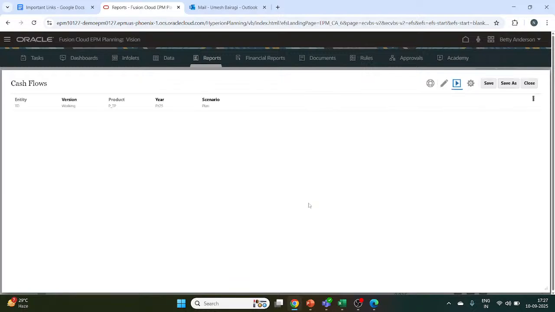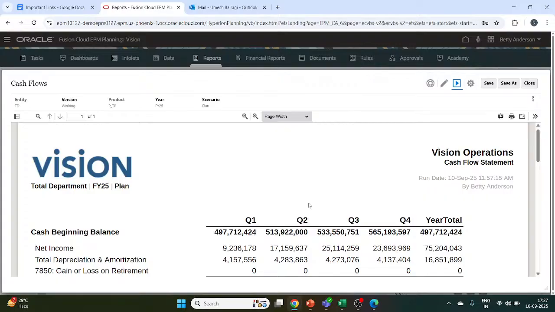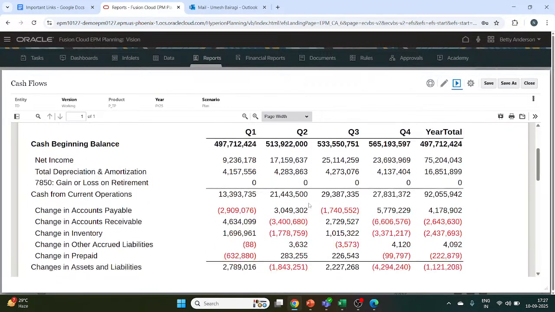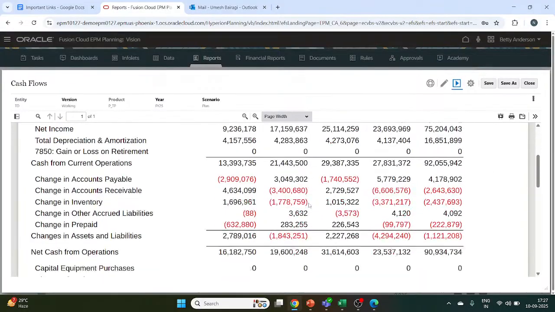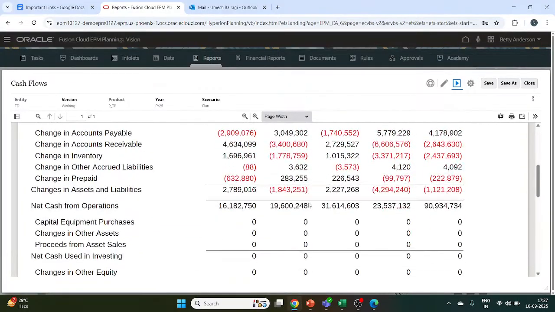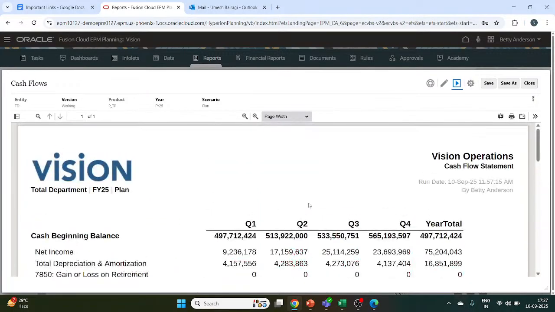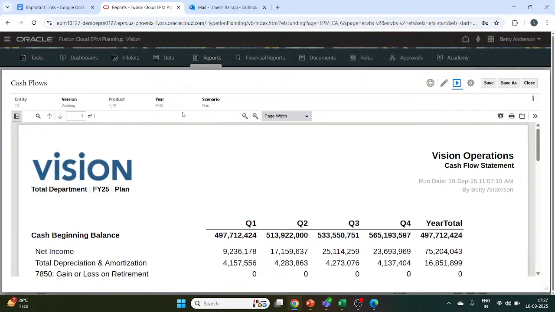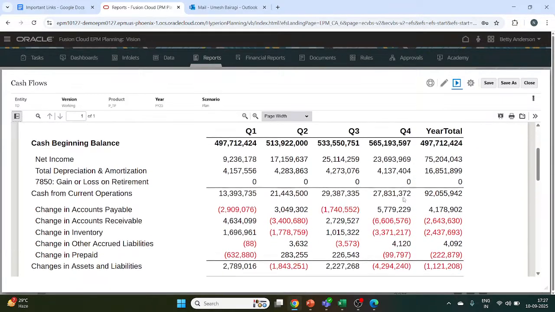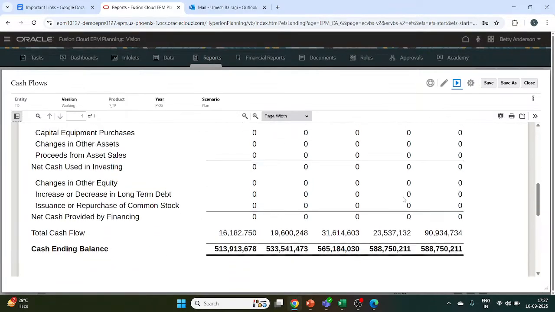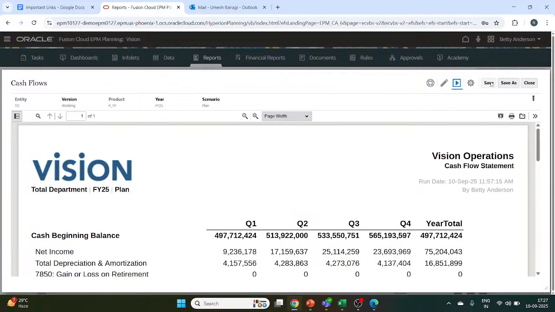So the cash flows. Here the cash flows operation, all the things are clearly visible under this. In the PDF format you can see the exact data here. The way data is presented, it's really attractive. We can present the data in that form. When we click on close,